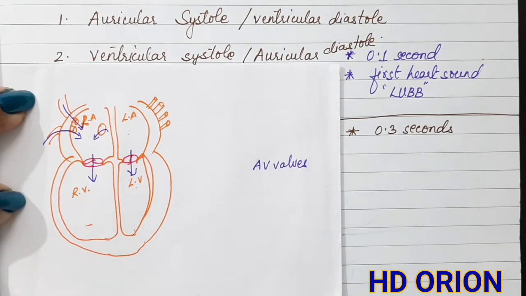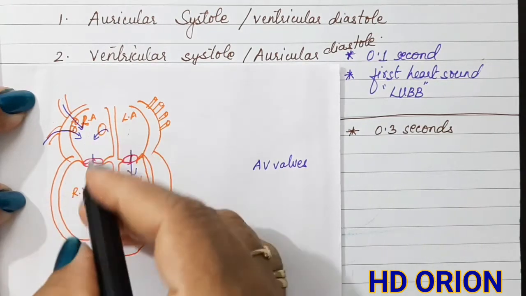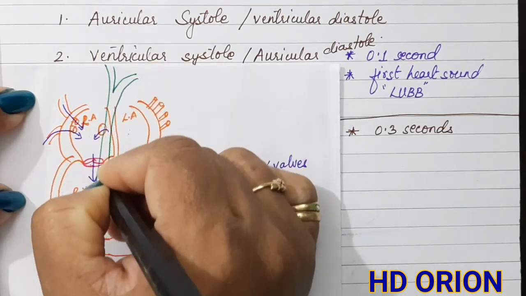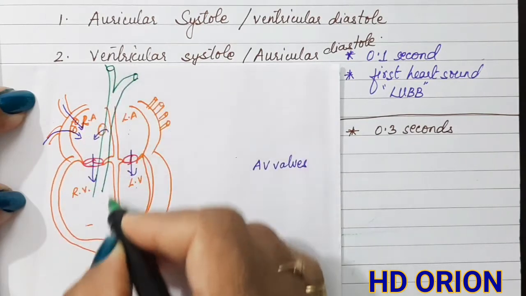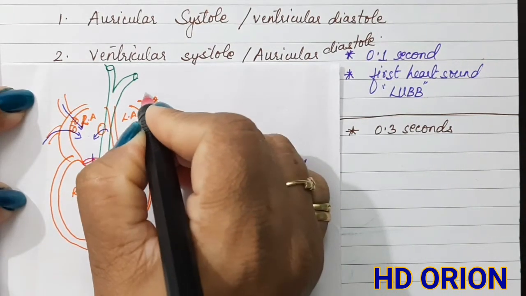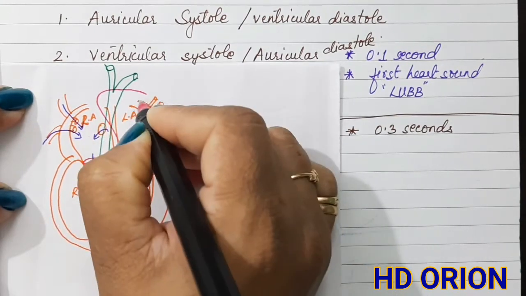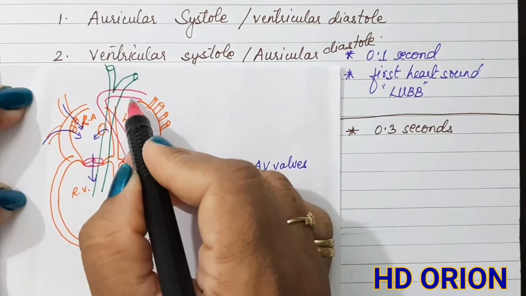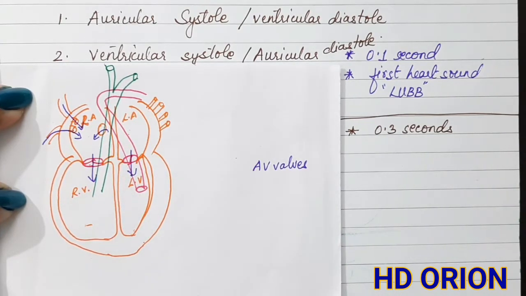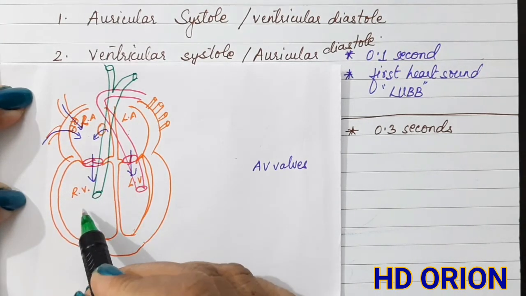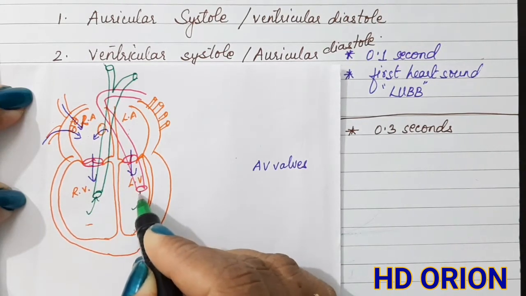Now there is the origin of arteries. We know that from the right ventricle there is the origin of the pulmonary artery, which goes to the lungs, carrying the deoxygenated blood from the right ventricle, and there is the aorta, which originates from the left ventricle, and this is the big artery, and both the arteries open from the ventricles. So what happens is, from the ventricles the blood has no other option than to enter into the two arteries.